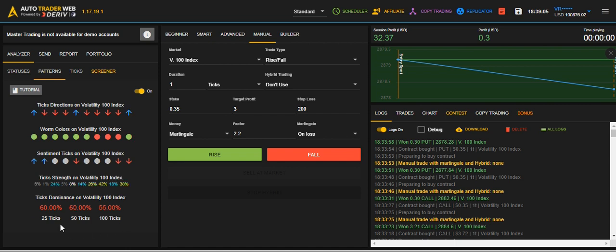What is the highest movement? It's not necessary to go with 5 ticks. I am using only 1 tick. You can try with 2 ticks, 3 ticks, 5 ticks, anything on your own. This is a base strategy. For today's strategy I use 25 ticks. If the 25 ticks is above 55 percent, I repeat again, if the 25 ticks is above 55 percent, that is the time you have to put the trade according to the direction.